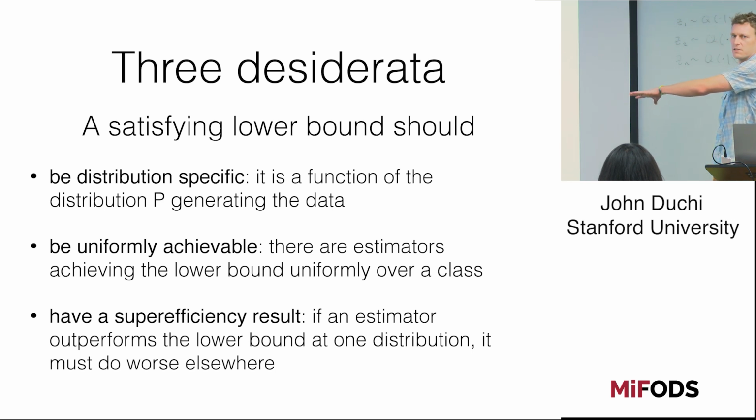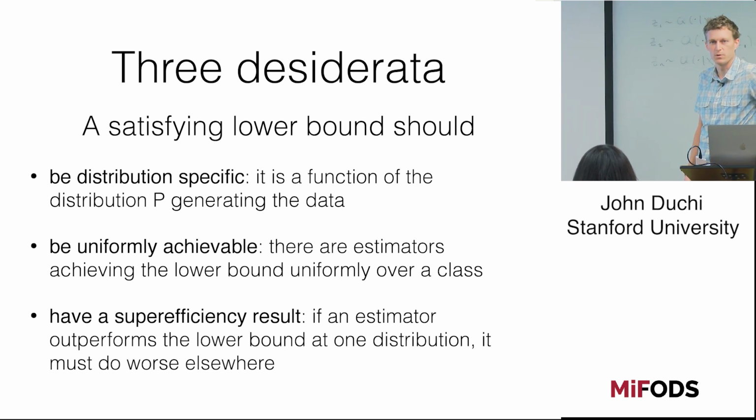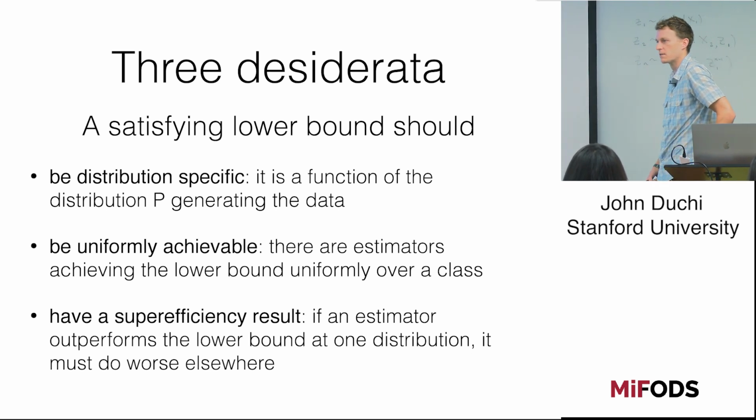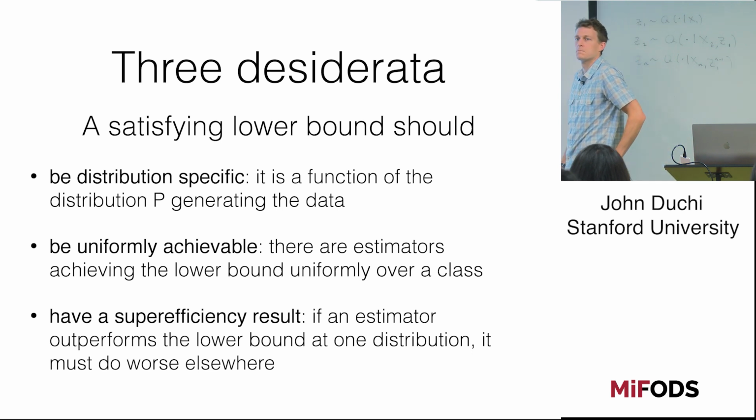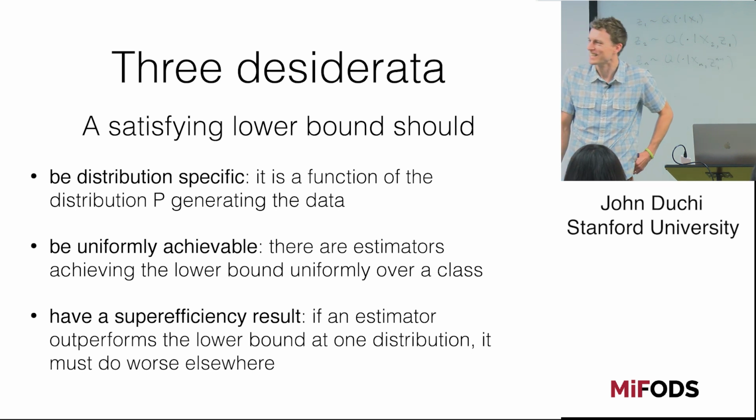Do these 3 make sense? Does anybody have questions here? Because this is not completely standard in terms of the types of optimality results that we often see in statistics or machine learning. Would anybody be unsatisfied if I gave them a lower bound that satisfied these 3? You'd be satisfied? Guy, would you be satisfied? Yeah, sure. You're too easy.